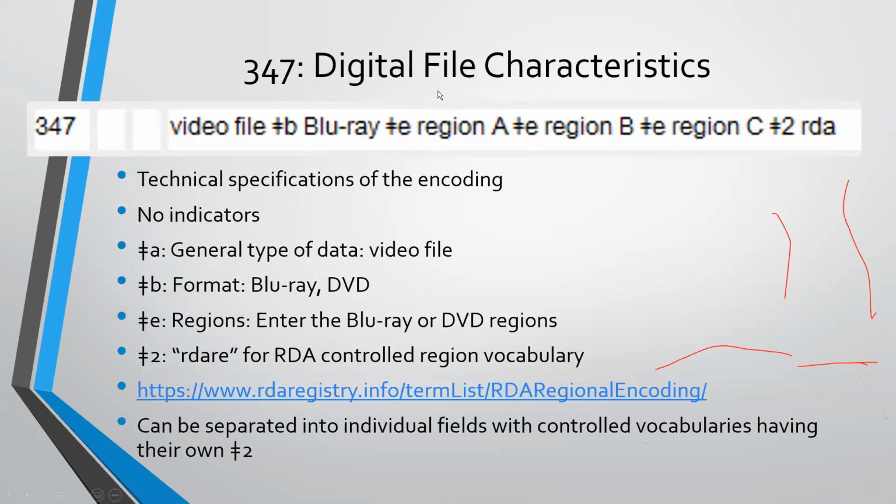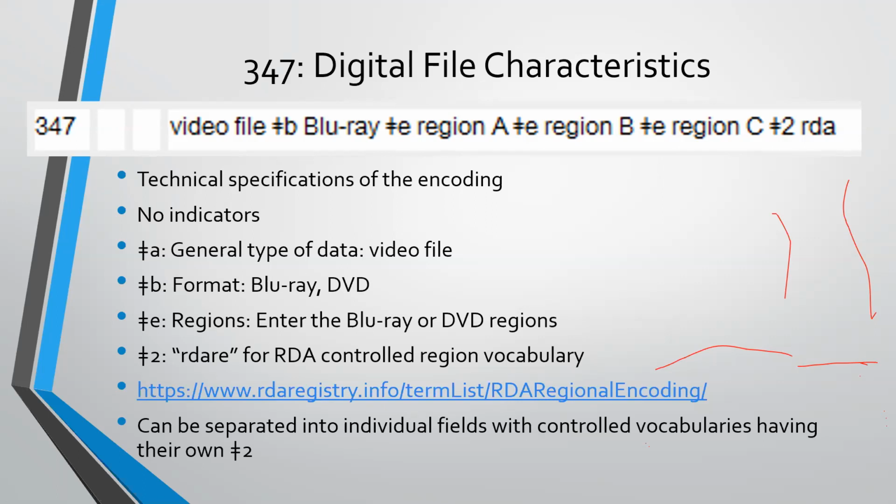347 digital file characteristics. It's a video file. Again, this is additional specifications for encoding. So we've got our video file, we've got our format, Blu-ray or DVD, in subfield B. And in subfield E, we have the regions that this is encoded for. So this Blu-ray is encoded for region A, region B, and region C. DVD encodings, North America is region 1, if I remember correctly. Which can cause trouble when used in different kinds of machines,